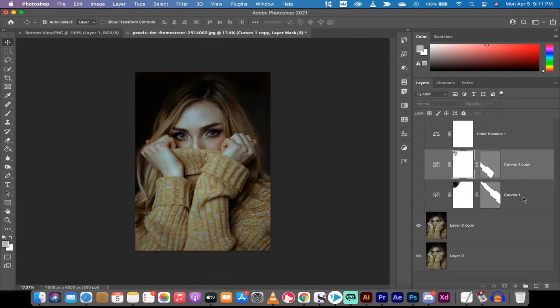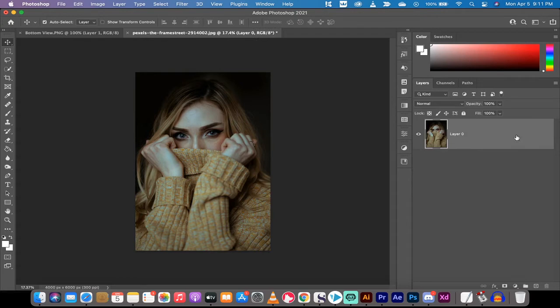So the first step here, I'm just going to delete all of these layers. I'll even delete the copy, so we're starting at step one. Step one, you want to bring in the image that you're going to be working on. This is a darker image. It's not particularly well lit, and I've selected it purposefully because it helps you show the technique a little